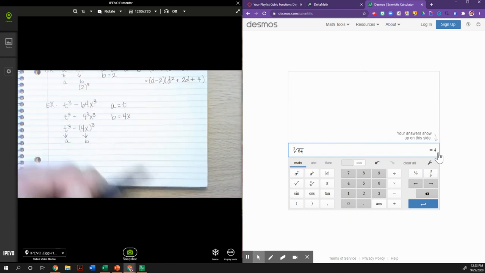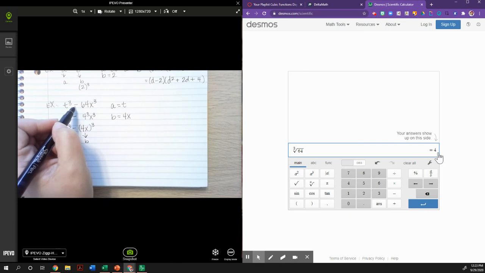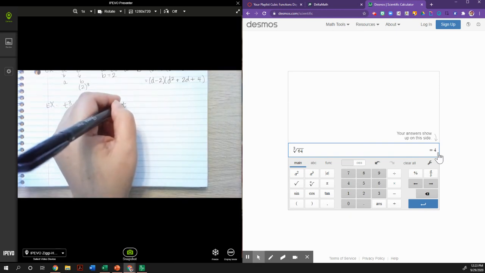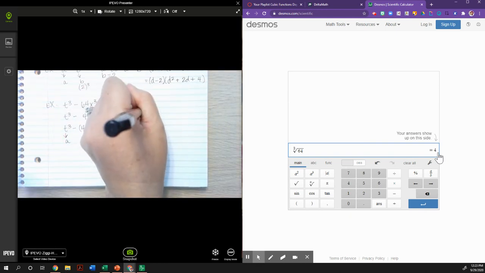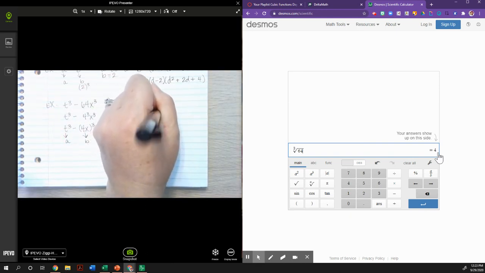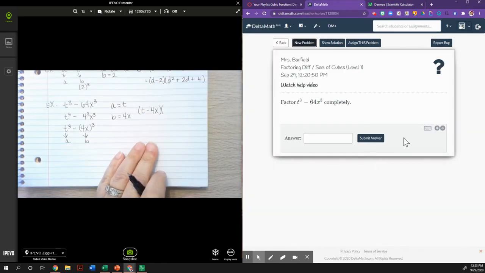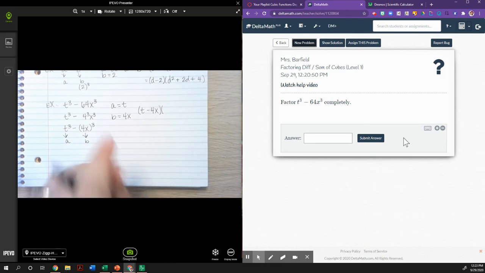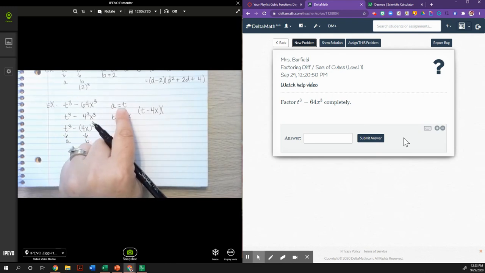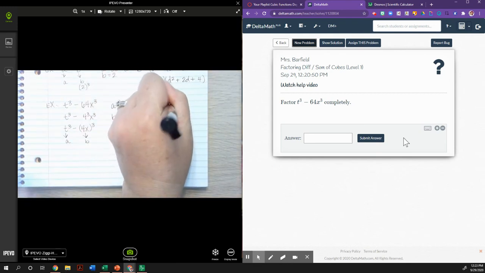So I know that in the first set of parentheses, because this is a minus, I need to get a plus up here as the next example. I need to subtract a minus b. So t minus 4x. Let me switch back over here to Delta Math. Then I take my a term and I square it. So t squared